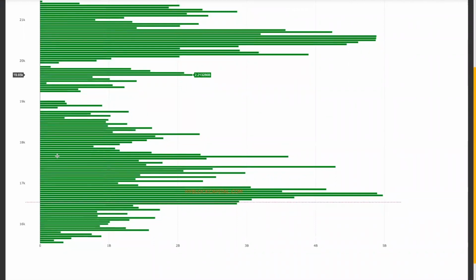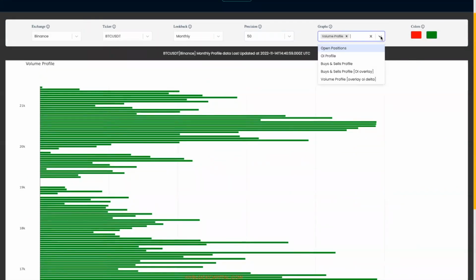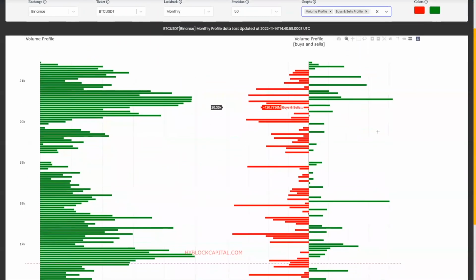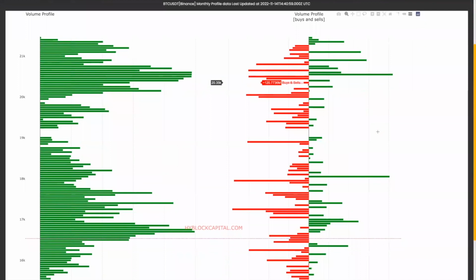It just tells you raw volume. So what we've done is we've created another level to this tool called a buys and sells profile. This will tell you at each price what the delta was between buyers and sellers. Was there more buy volume or more sell volume? The green means more buyers and the red means more sellers. So taking this same data, digging a little deeper, understanding it a little more, what does this high